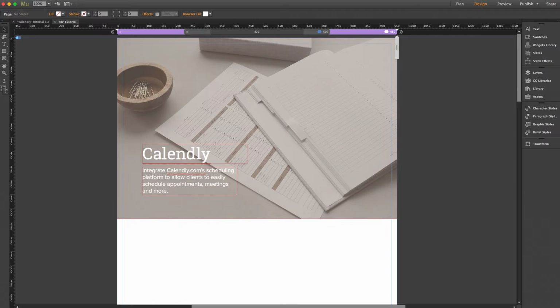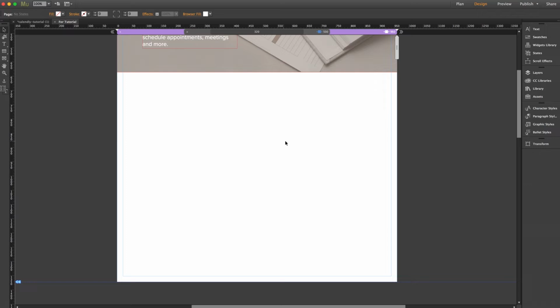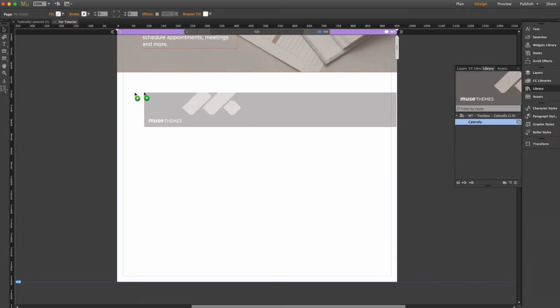I've got the same sample page here from our live preview, except with all instances of the widget removed so that we can add it from scratch. Let's start with showing all of our events at once in the center of the page. So we're going to go into our library, drag out the widget, and drop it here on the center of